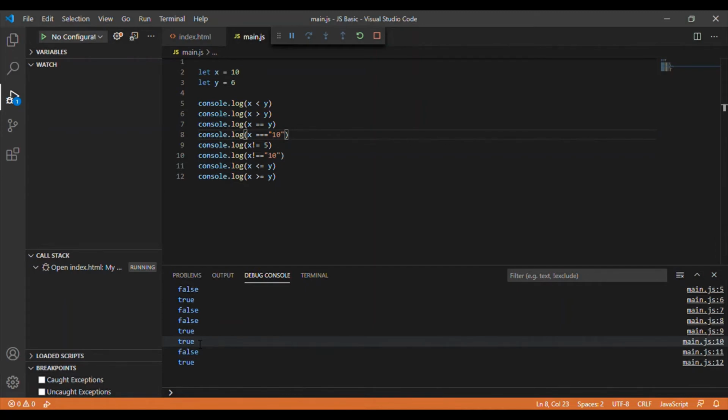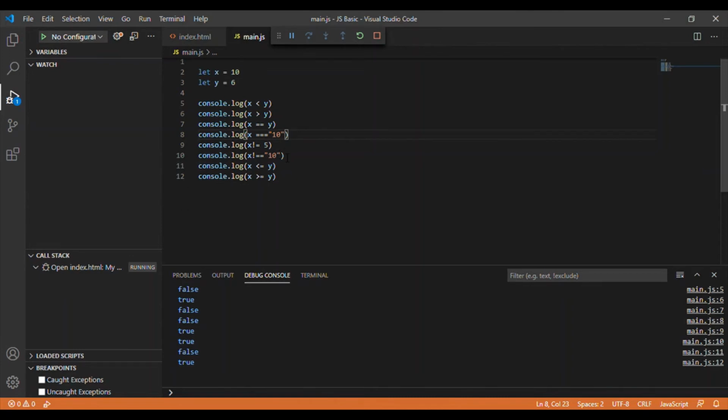Whenever we are using the strict equal, it will tell you that the type should also be the same. Here x is the number 10, not the string value.